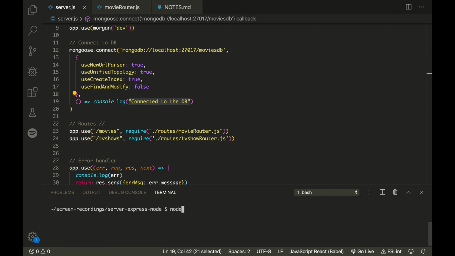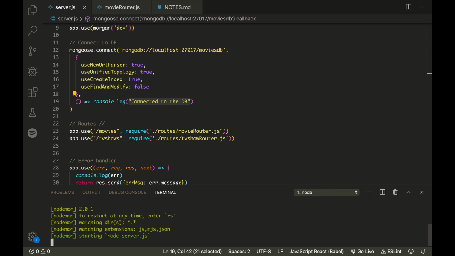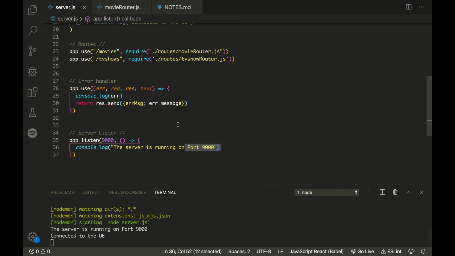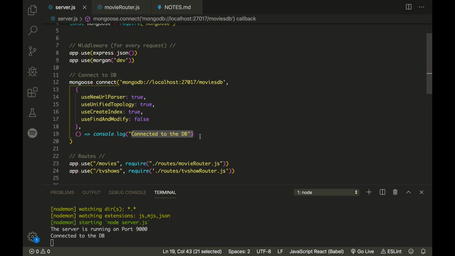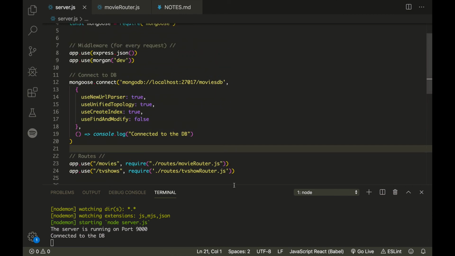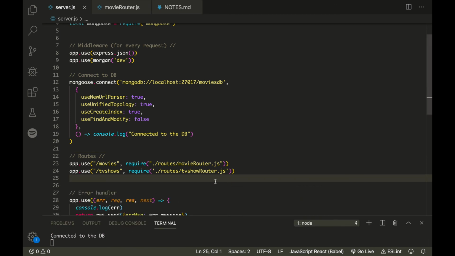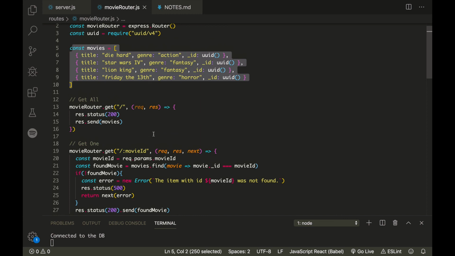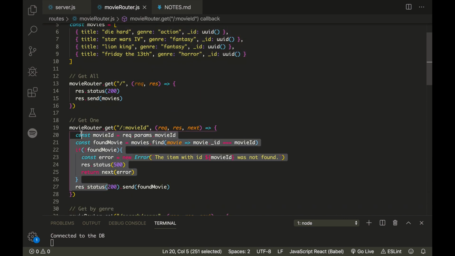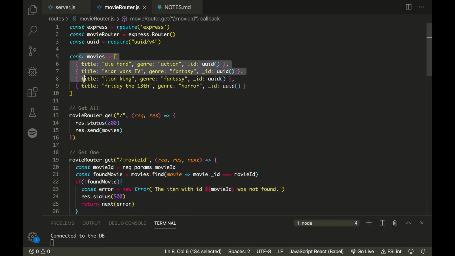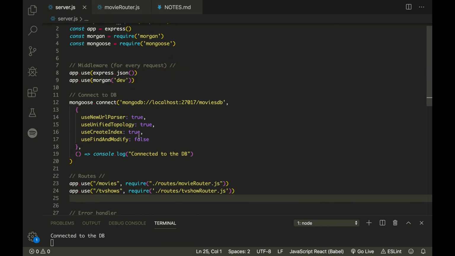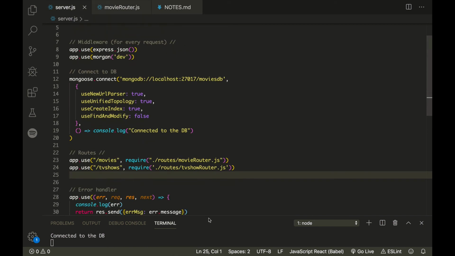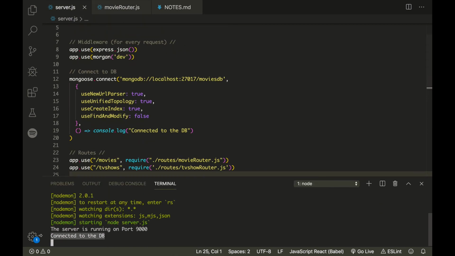So I'll say nodemon server.js, and there we go. The server is running on port 9000, and we are connected to the database. So that's it. We're at the point now that we can go inside of our movie router, after creating a model for our movies, and start really interacting with MongoDB instead of just interacting with this fake data. So once you've got this connect working, you've started your server and you get this successful message here,